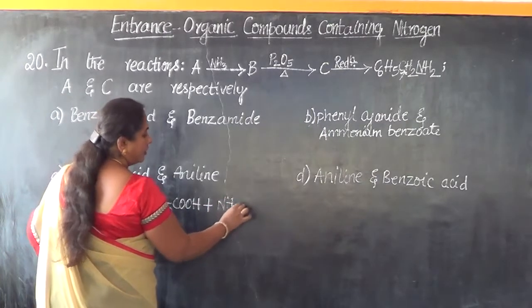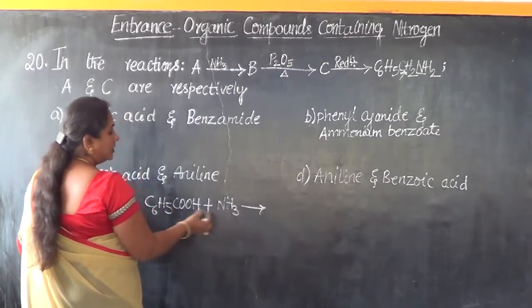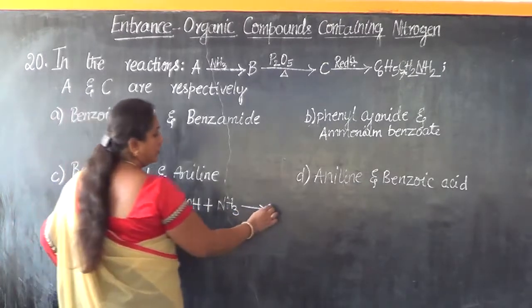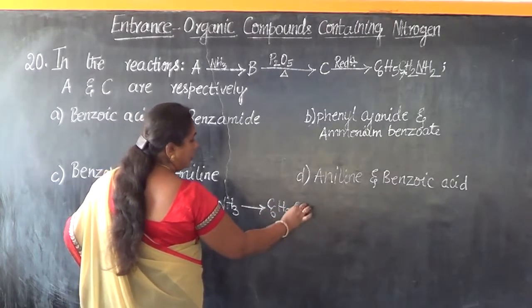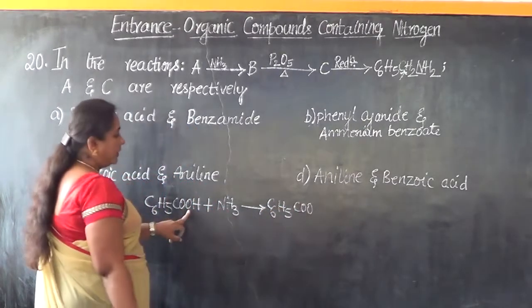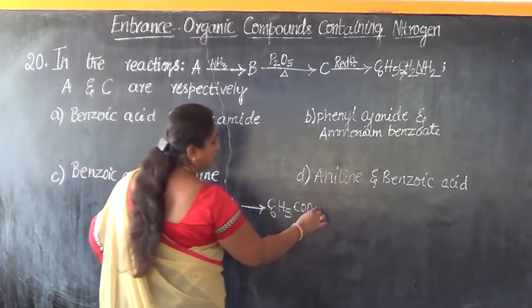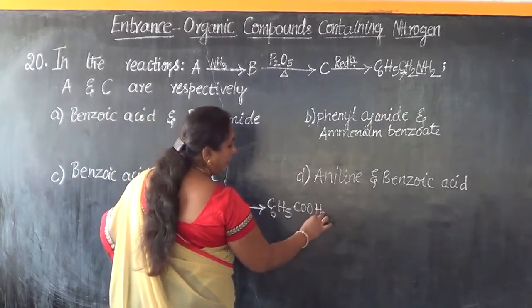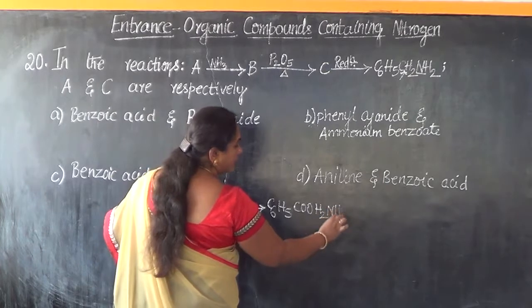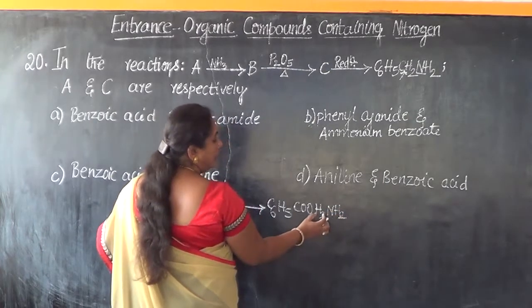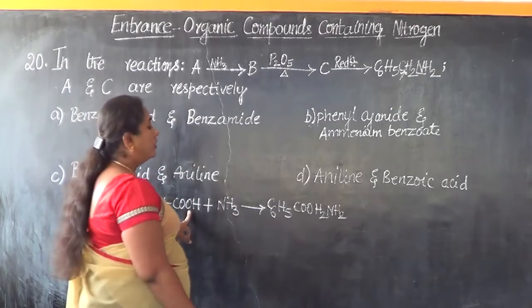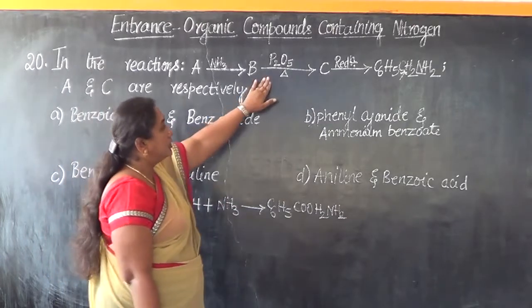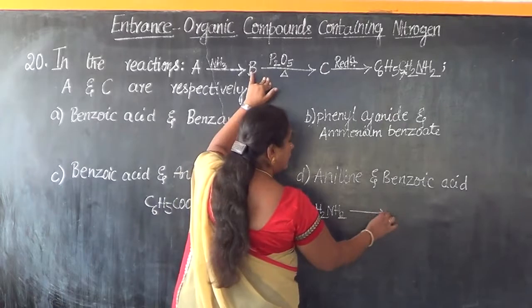This is our first step. Now what happens? NH3 combines with this H, forming C6H5CO. This much remains as it is, NH4. I will split and write NH4 as H2NH2, so that it will enable us to remove the water in the next step, because we are treating this